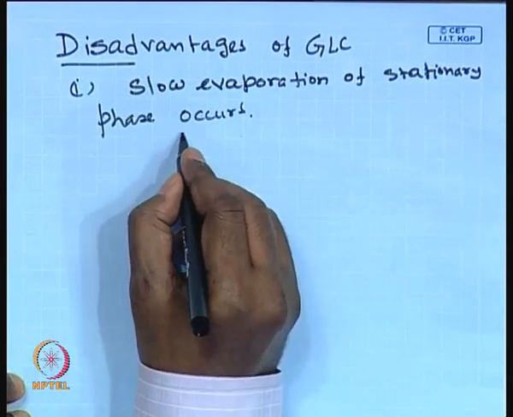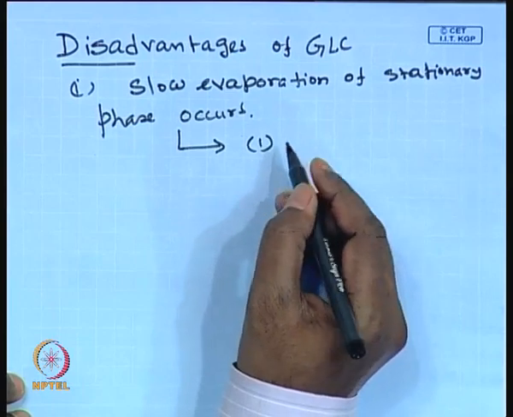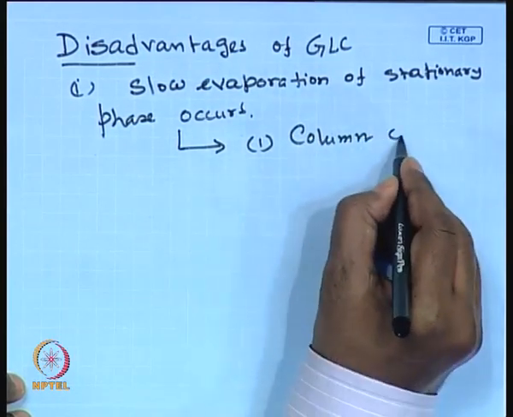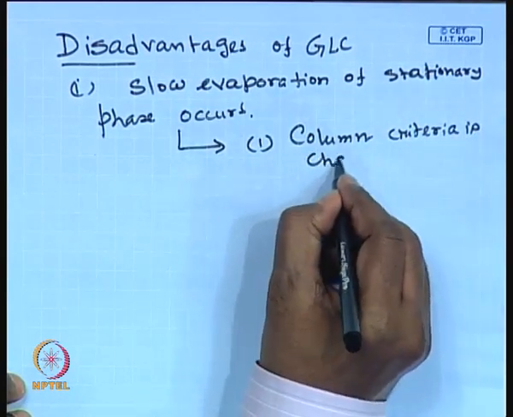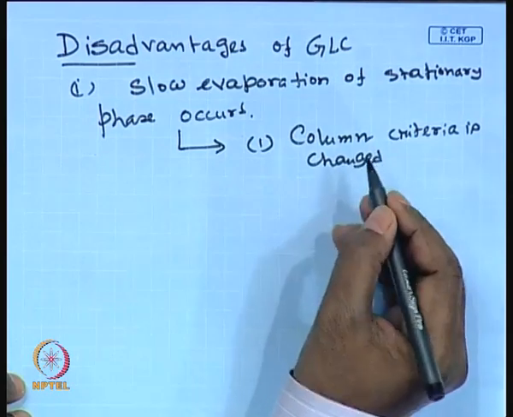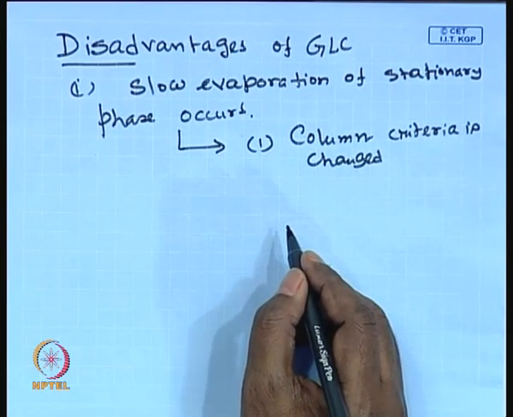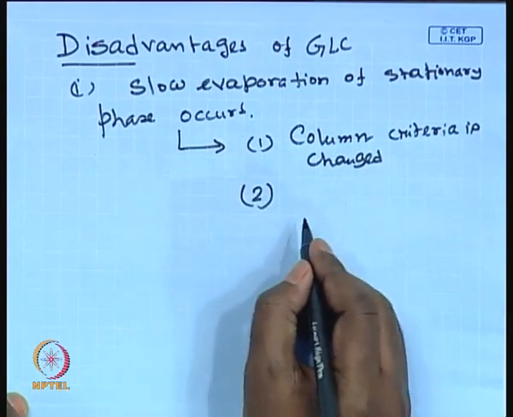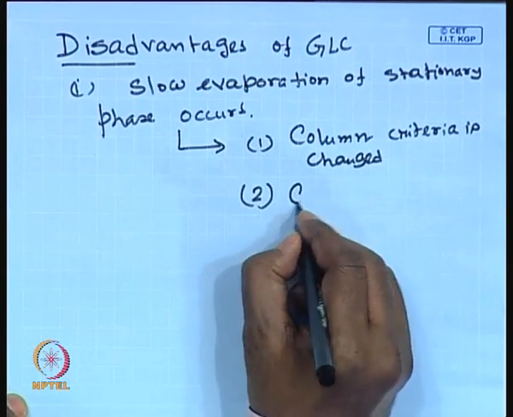What it does, it leads to two harmful effects. One is the column criteria is changed, because initially it was having a capability, but if it vaporizes to some extent, its capability decreases. So, column criteria is changed and